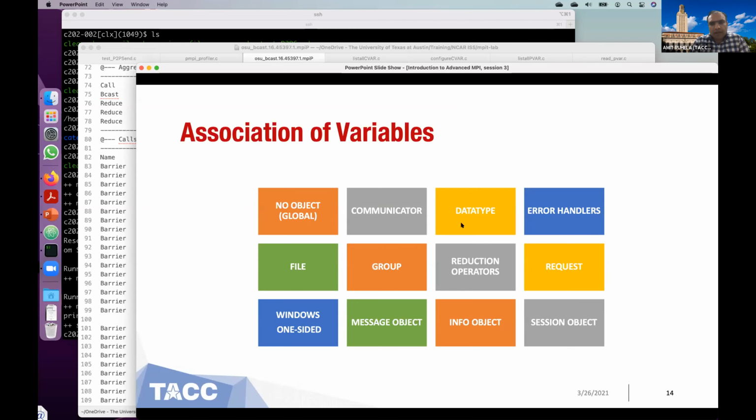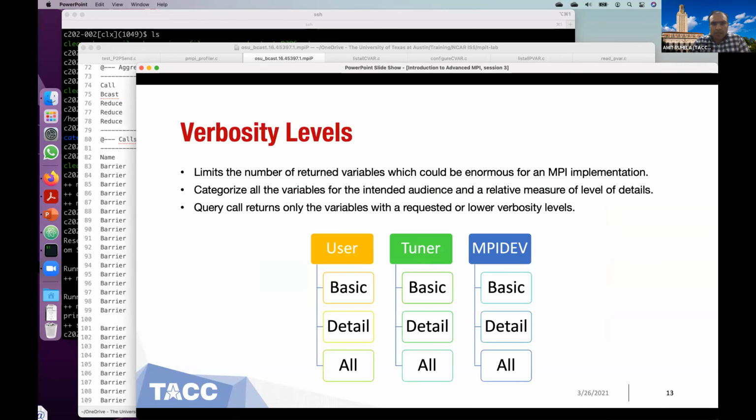It can also bind to a data type, error handler, file, group of processes, reduction operator, MPI request, one-sided operation, message object, info object, or session object. These are the bindings defined by the MPI standard, and any PVAR or CVAR can bind to one of these.